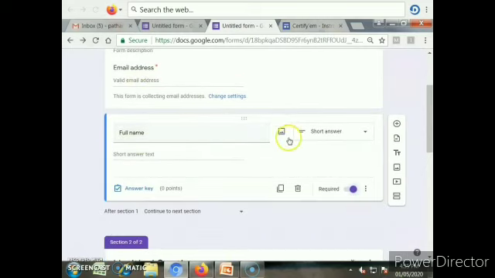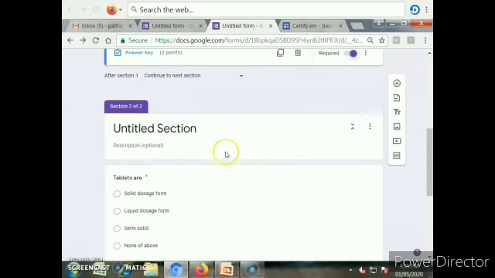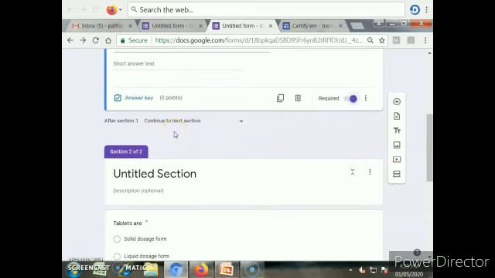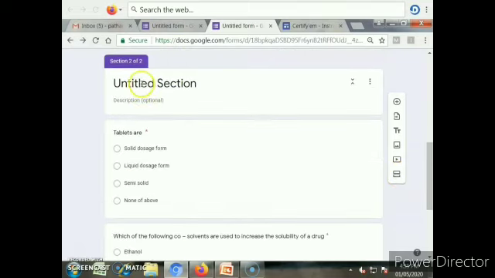Now the next section we'll create with the help of the add section option. On clicking, it will be divided into two sections. The second section will be the quiz.